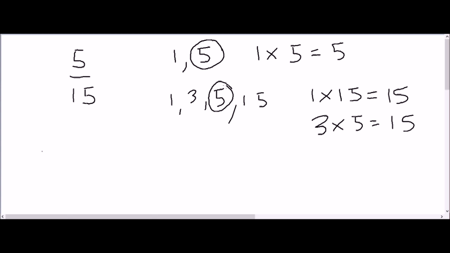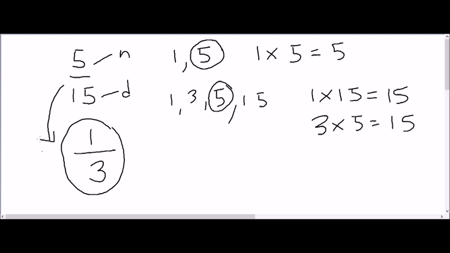Now we'll divide the numerator, which is 5, by 5, which is the highest common factor, and we'll also divide the denominator, which is 15, by 5 because that's the highest common factor for both 5 and 15. So I'll just mark it, that's the numerator and that's the denominator. So let's divide it. If we divide 5 by 5, we get 1. And 15 divided by 5 is 3. So that's the simplified form, 1/3